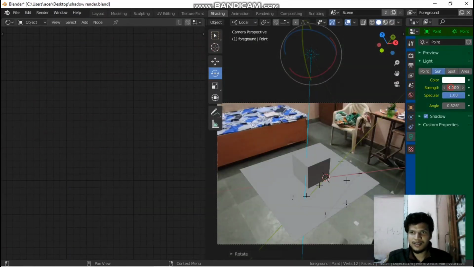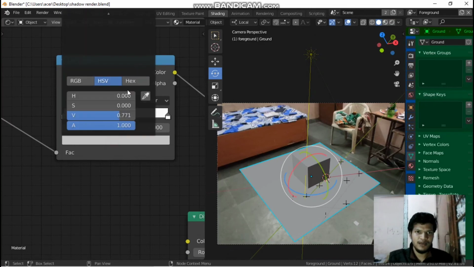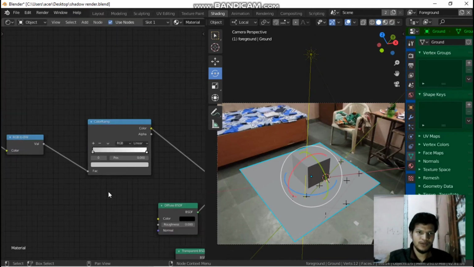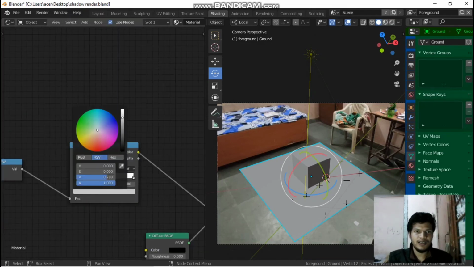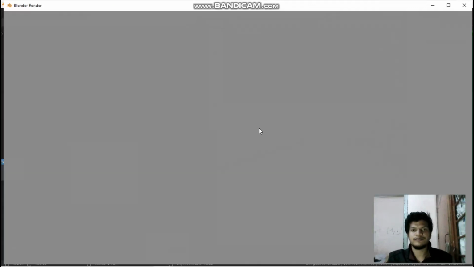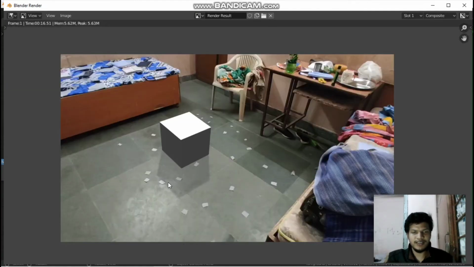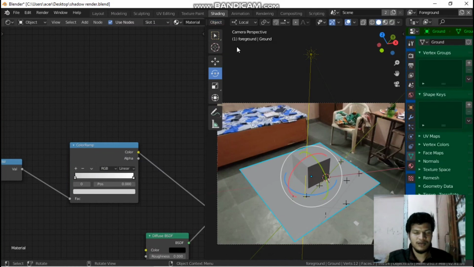Let's make the strength 5. Then select this plane, go to color ramp, and crank it up or down a little bit, and try F12 again. So there we go. As you can see, the shadow is looking very realistic in the scene. That's how we add shadows in our VFX scenes in Blender.